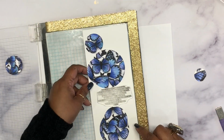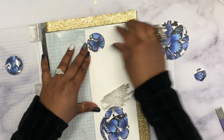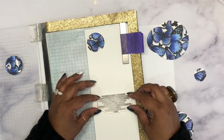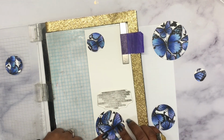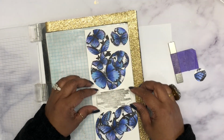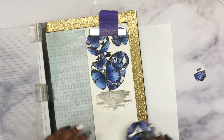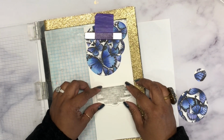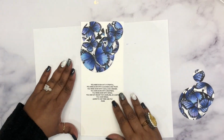with potential, you were born with goodness and trust, you were born with ideals and dreams, you were born with greatness, you were born with wings. You're not meant for crawling, so don't. You have wings, learn to use them and fly." And that's by Rumi. Rumi was a Persian poet. So yeah, this is a little piece from one of his poems, and it's a beautiful, beautiful